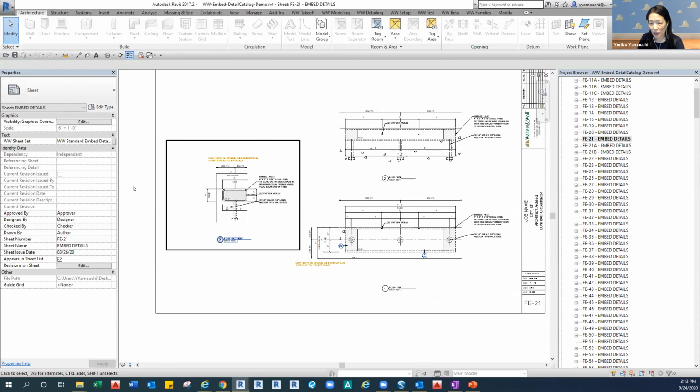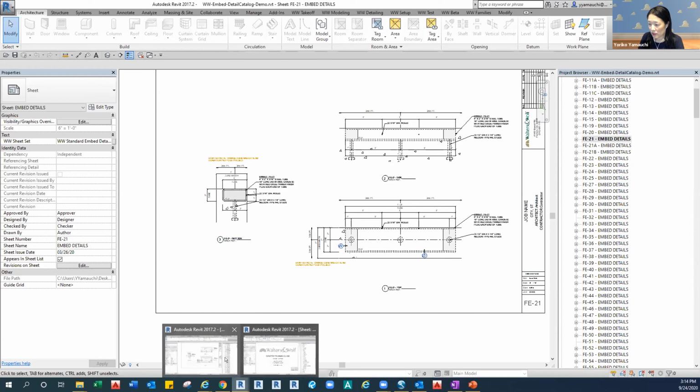And the reason why I didn't make those components as a family is because sometimes you'd like to modify the notes or detail conditions, not the embed, but any annotations, dimensions, perimeter condition is different, probably sub condition is different. So you'd like to have more freedom to modify that detail, not the embed. So that's the reason why I didn't make it as a family. You guys can also trim it sometimes because of space. If you run out of space, you'd like to trim the huge long rebar to show the details. So that's the reason why.